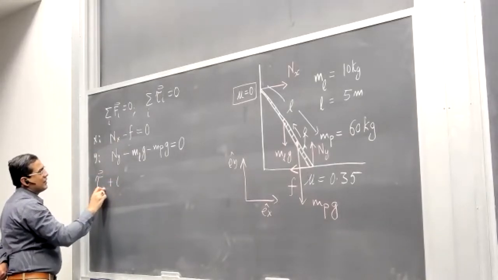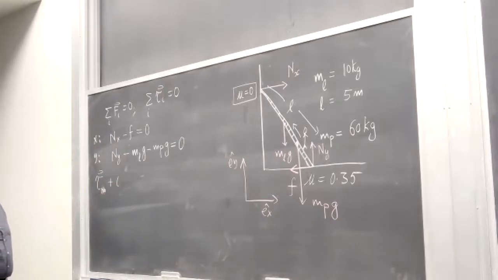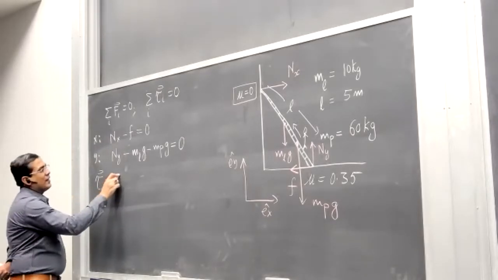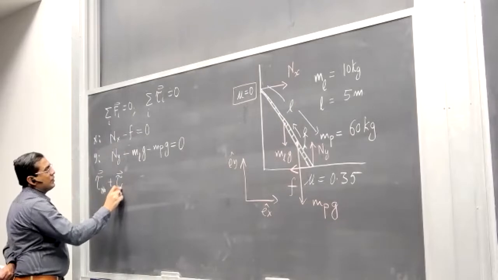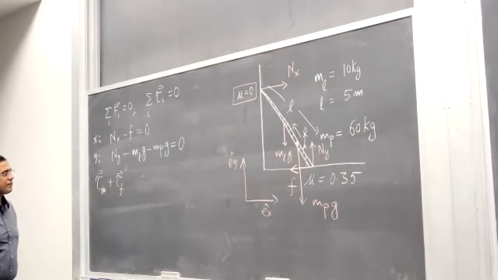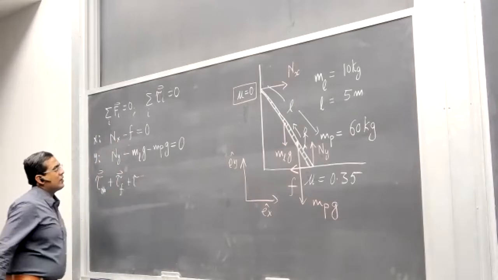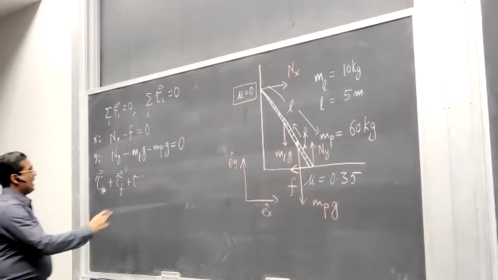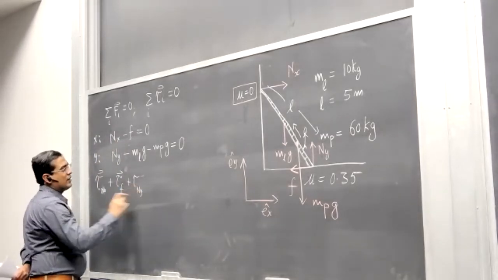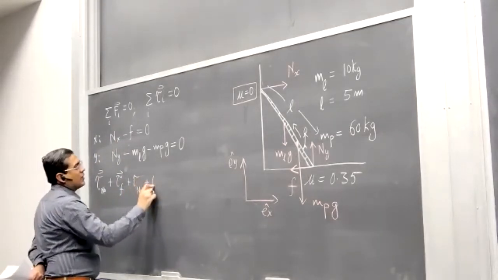I'm using the forces as sub labels to indicate which force is causing this torque. Then the torque due to the force of friction, then the torque due to normal force Ny, then the torque due to